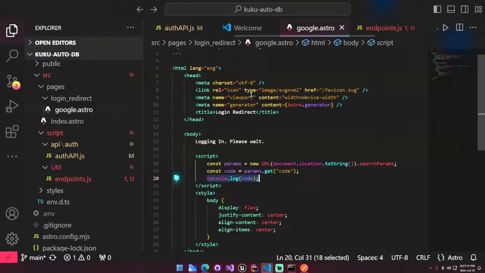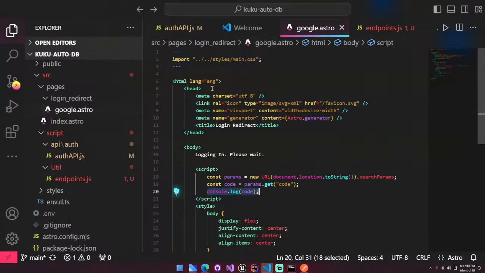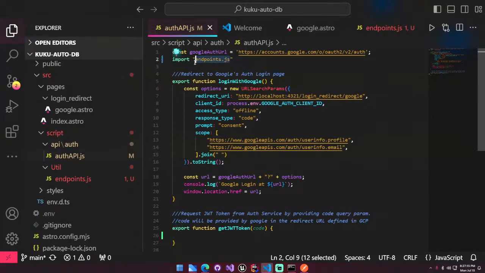How do we import stuff? I forgot. Can we just do this? Do this whole thing. Endpoint, yeah. So from the endpoint, we are going to be having